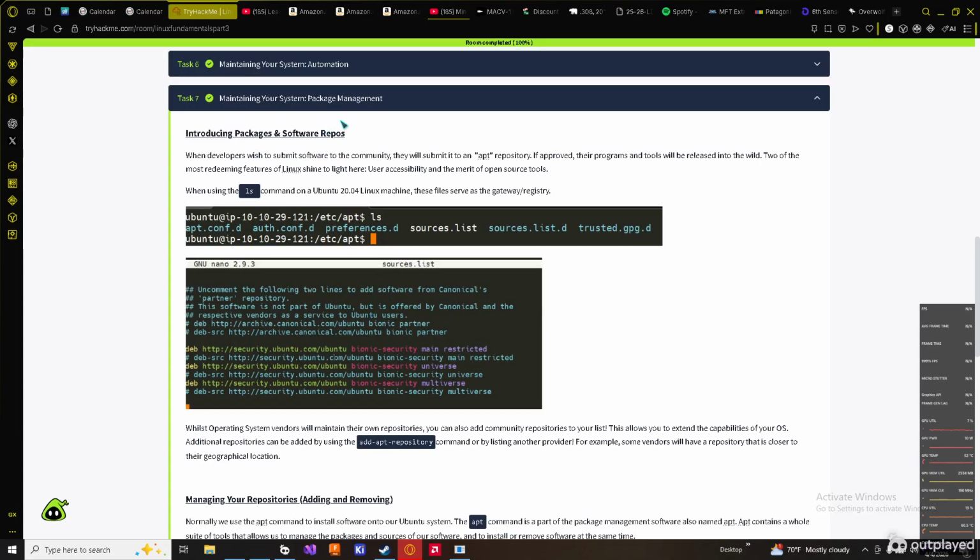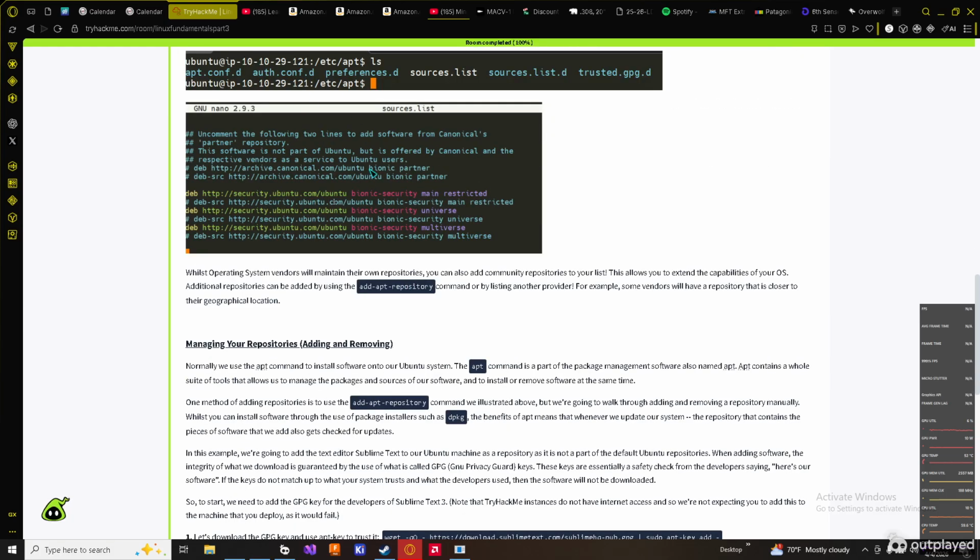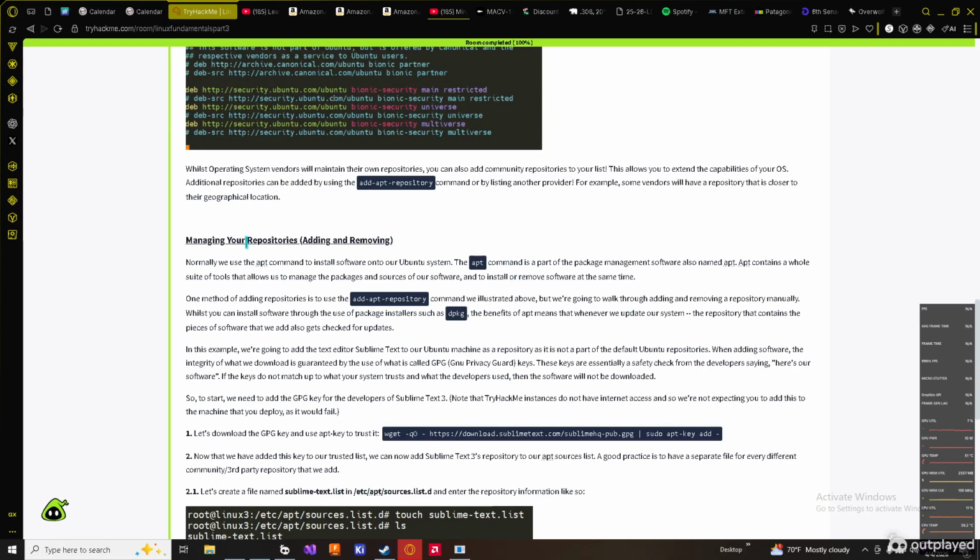Maintaining your system, package management, using the command on Ubuntu 20.04, gives you the visual right there. Managing your repositories, adding and removing. So apt is going to be the command that you're going to be using to add to repositories,